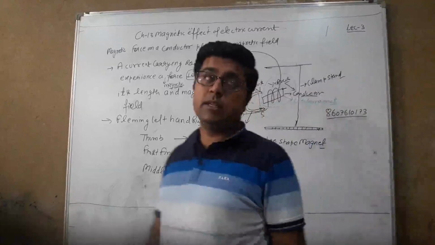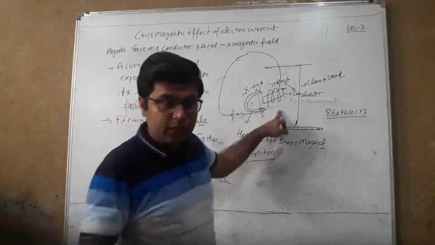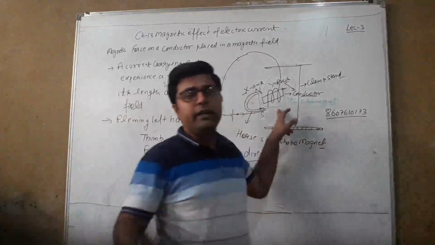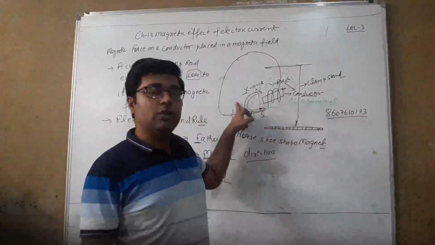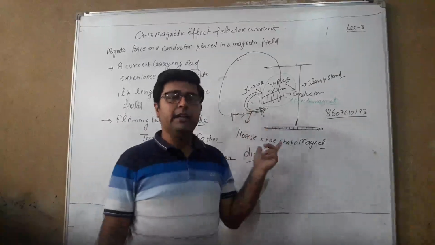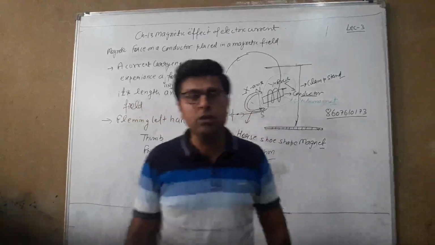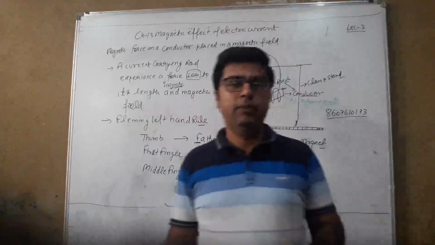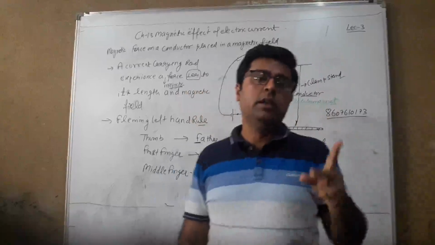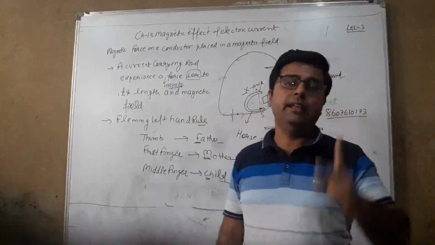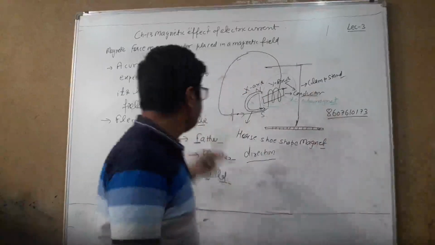So I repeat all the things. In this case, we are giving electric current to a conductor, or you can say we have helically wound a conductor, and that conductor will behave as a magnet. Already we have a magnet placed over here, and due to two magnets, either they attract or they repel. So they experience a magnetic force, but the direction of the magnetic force is perpendicular to the length of the conductor and to the magnetic field. These are the two important points: the length of the conductor and the direction of the magnetic field. The direction of force is perpendicular to these two.